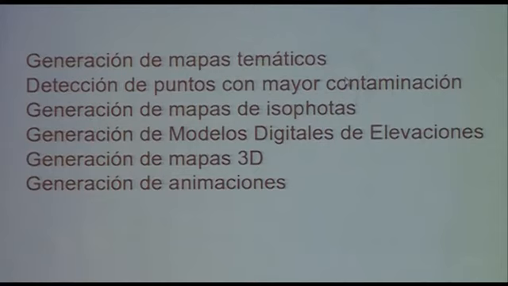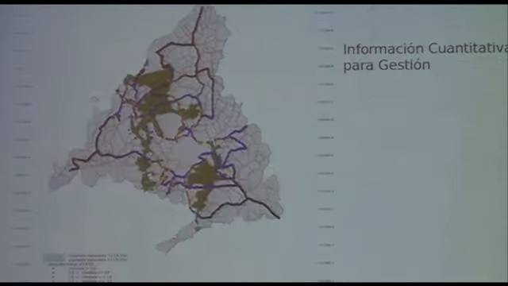Well, we have obtained the following ones. We have generated a series of themed maps with an algorithm to detect the areas that are suffering the most from this kind of pollution. We have digital models with different elevation. We are not talking about height, but about light pollution. We have also generated some 3D maps. So we have theme maps, as I told you. We are representing that quantitative information